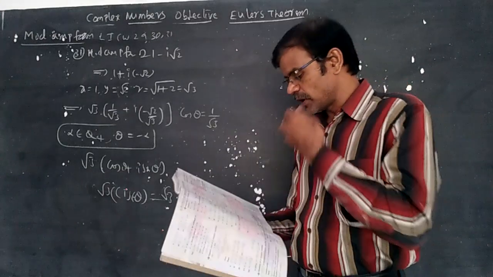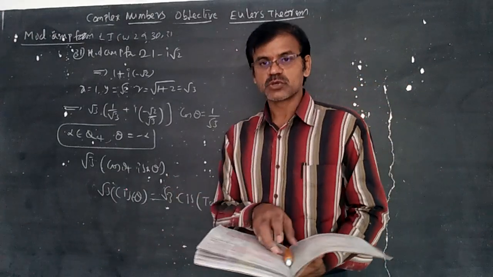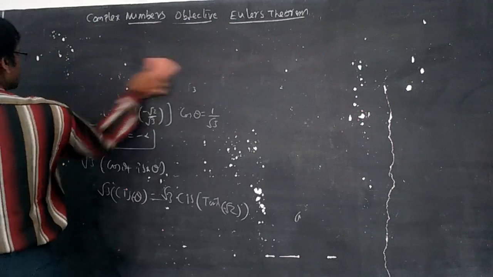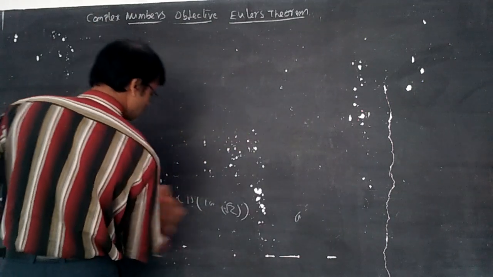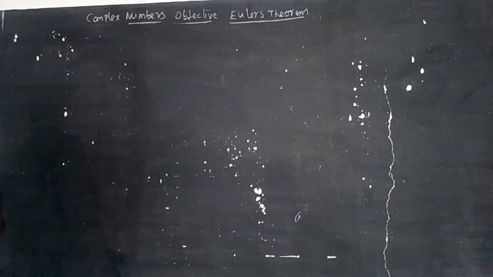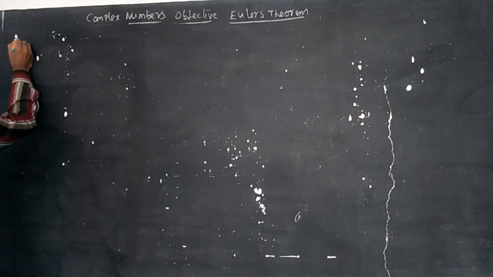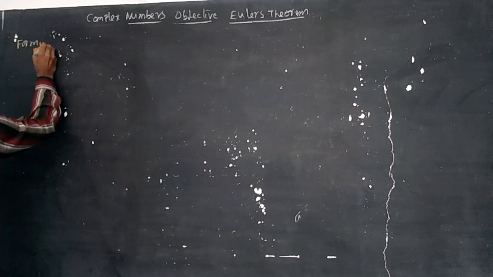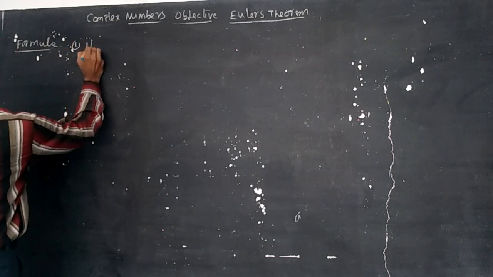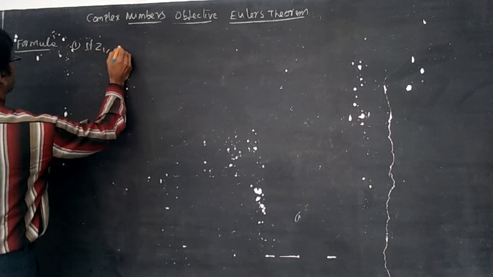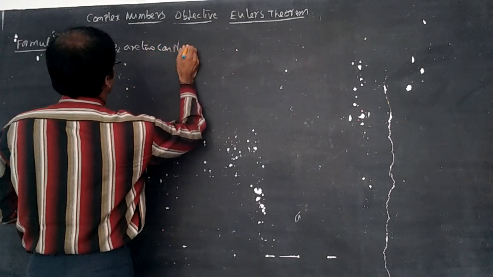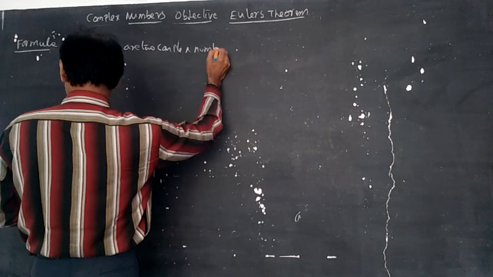Some other formulas are there, depending upon the argument. Let us go for another concept. Next, we can write the formulas once again. The concept we can discuss is the formulas. The first one: if z1, z2 are two complex numbers, then